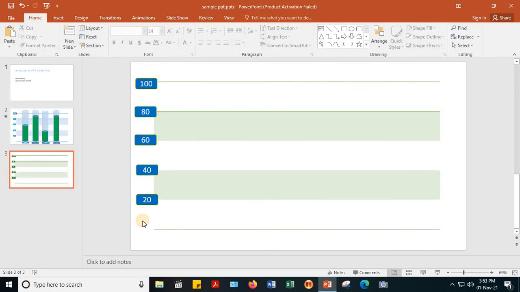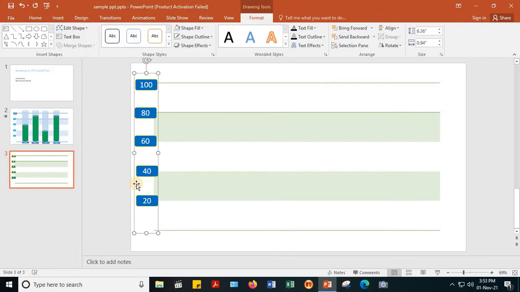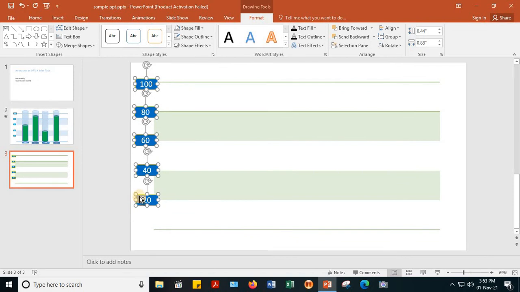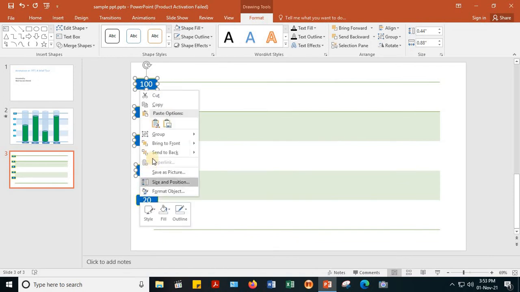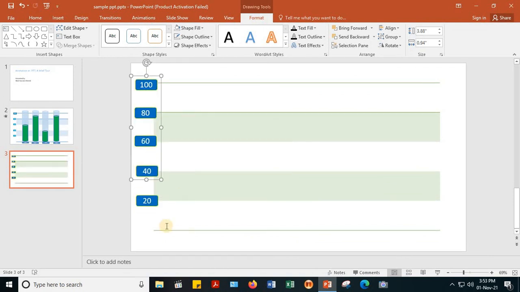Okay, but there is another shape upon which these shapes can be fixed. So now, in order to make it one shape, I just hold control and click these figures, and then right click and group.